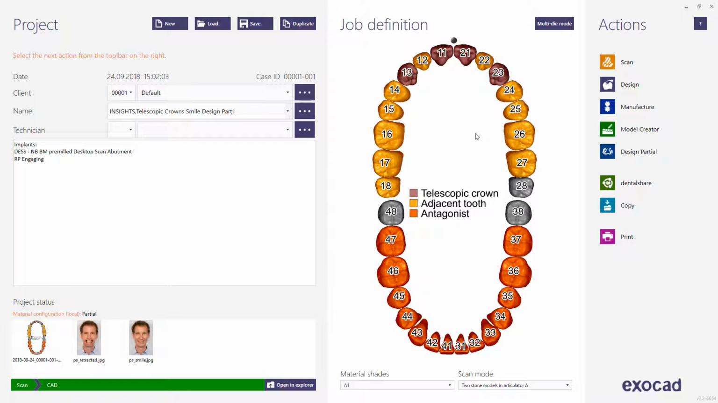Welcome to the third case for the DentalCAD Insights training sessions. In this case we will design, in two sessions, telescopic crowns and a removable partial framework with secondary crowns on